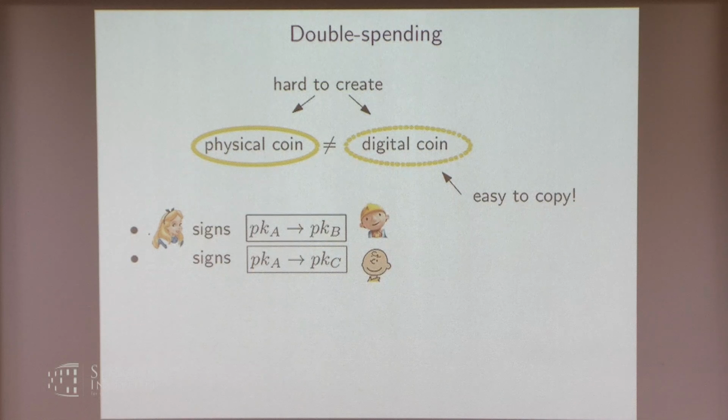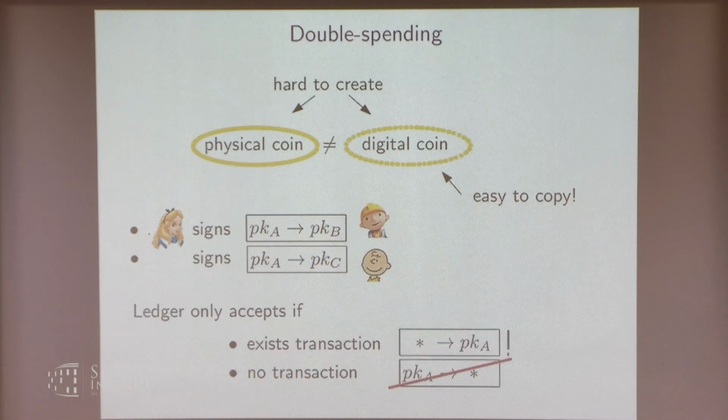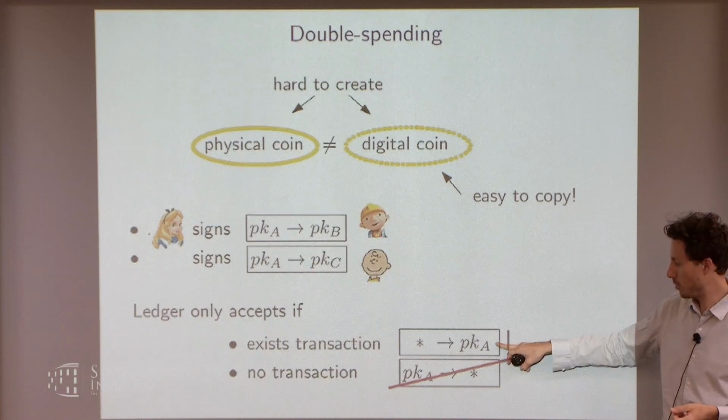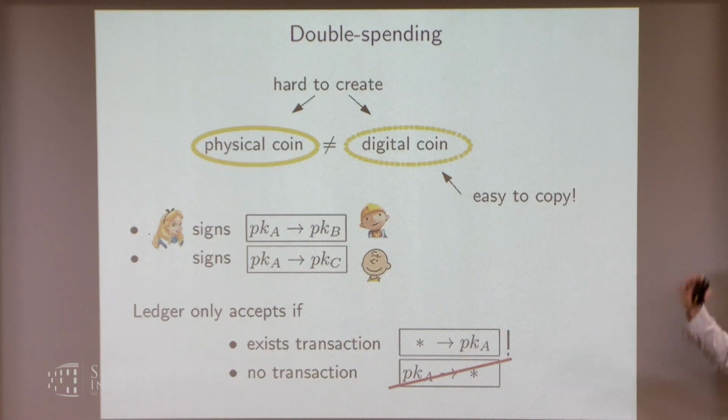So again, we have this issue of double spending. How can we prevent Alice to spend her coin with Bob and with Charlie? Well, we're still assuming that we have this authority that takes care of everything. So the authority will accept payments, new transfers, only if Alice has that money, in that she received it at some point, and in that there's not yet any transaction that has spent the money.